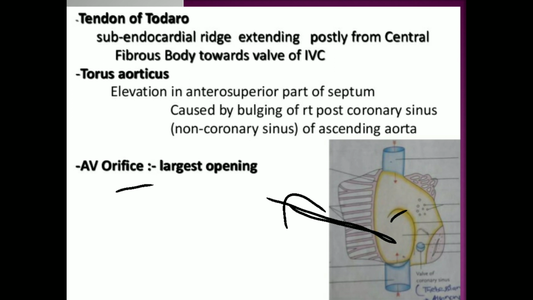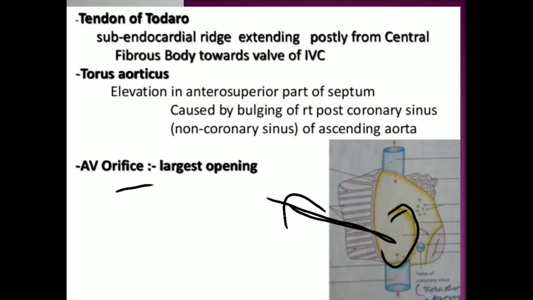The depression below this opening forms the fossa ovalis. So the fossa ovalis is an oval depression. In fetal life, the right and left atria communicate through the foramen ovale. This opening is closed immediately after birth, and the depression below it forms the fossa ovalis. Next is the limbus fossa ovalis. This part is called the limbus fossa. It is a sharp margin surrounding the fossa ovalis in its upper, anterior and posterior margins.